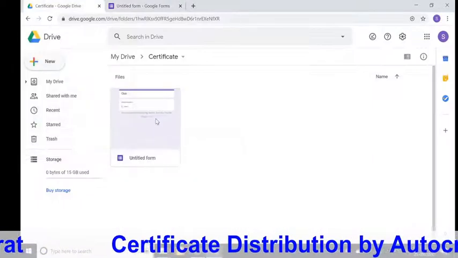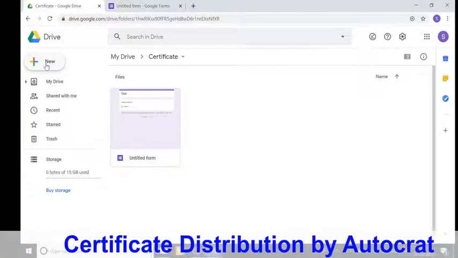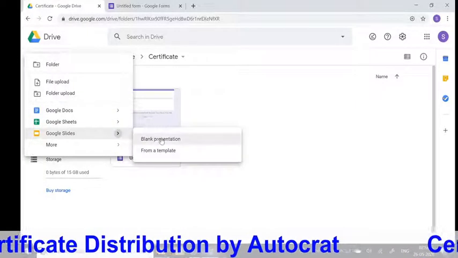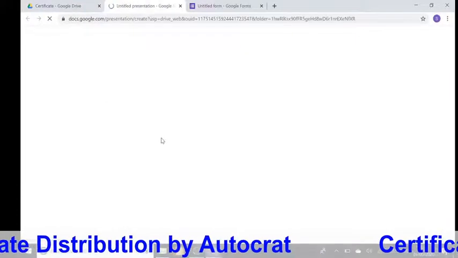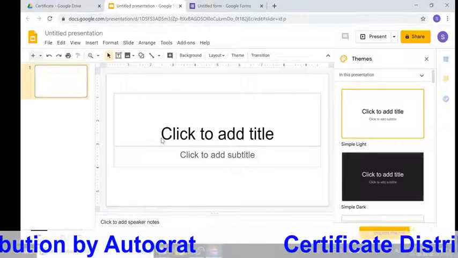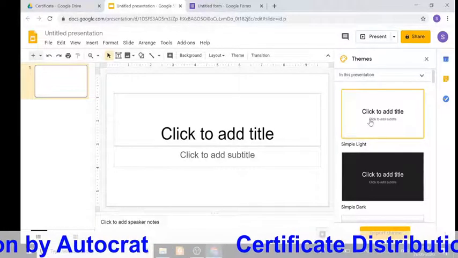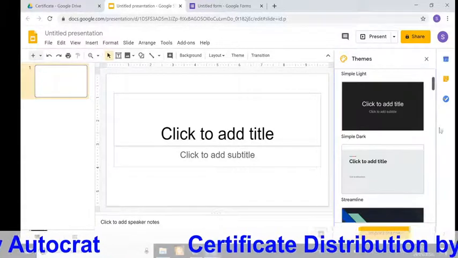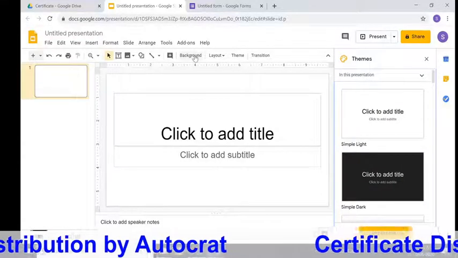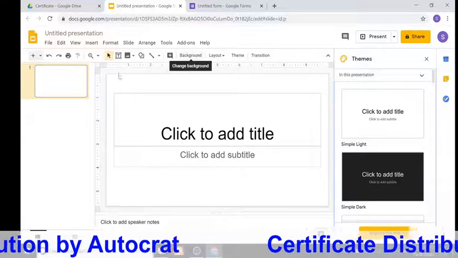Now create one certificate. For that, click on new, create Google slide, blank presentation. Now Google provides various themes, but for our ready-made certificate, just click on background and upload the file.